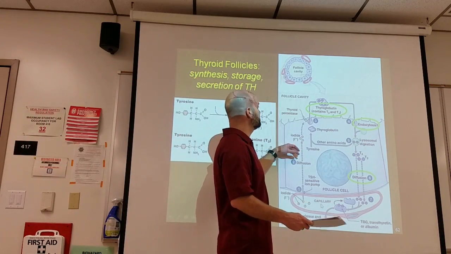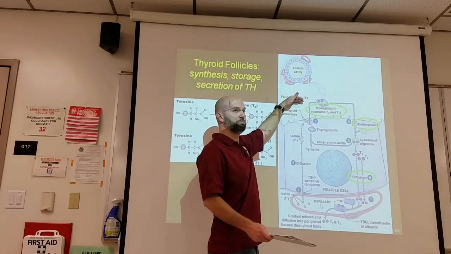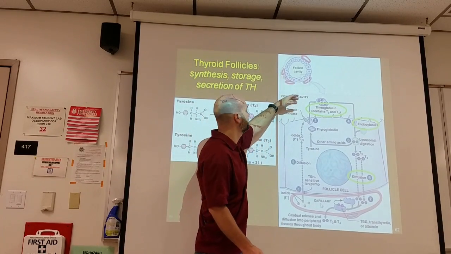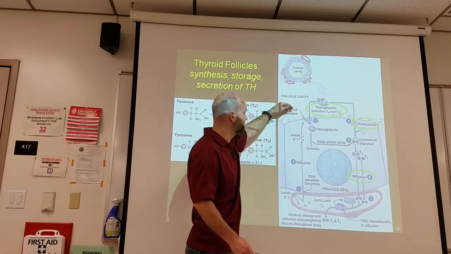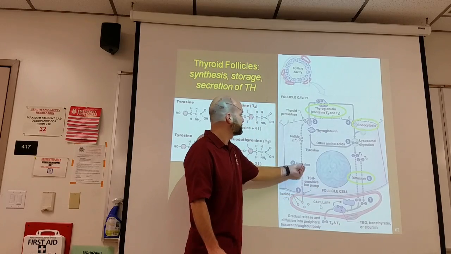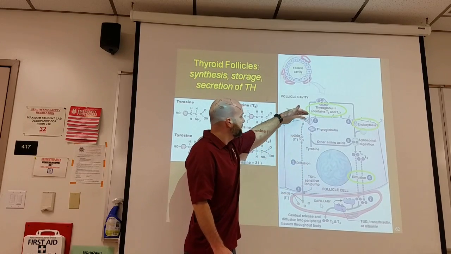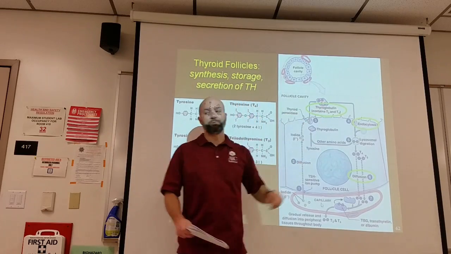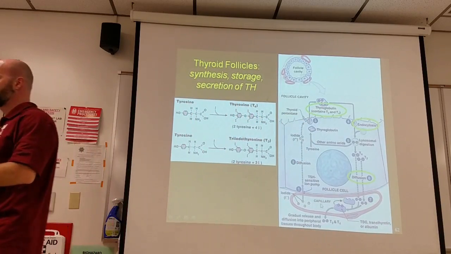And remember, the luminal membrane faces the lumen, right? The open space within some hollow structure, like the inside of the follicle. So pumped across basolateral, moves through the cell, and then across the luminal membrane,